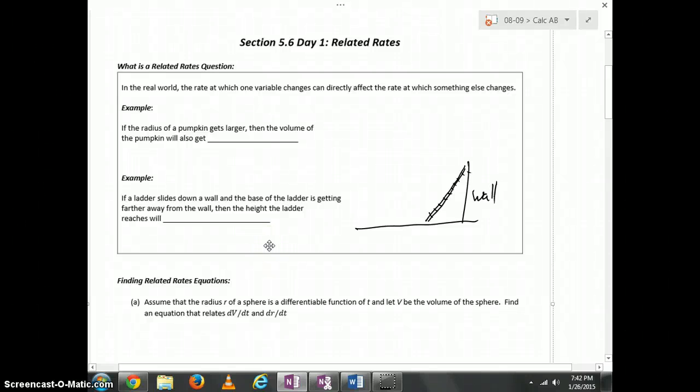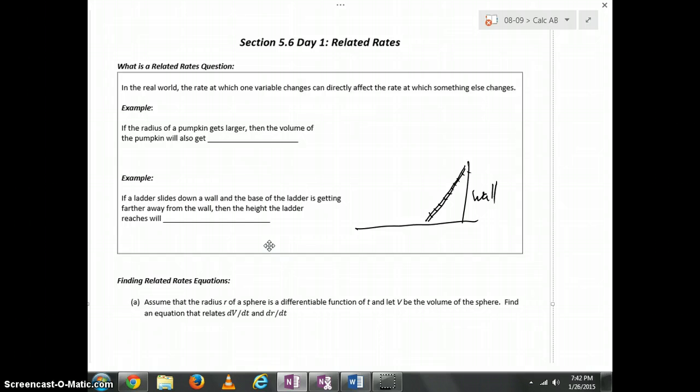Okay, so this video, 5.6, our first day on it, involves related rates. We can look at the notes here and see that what is a related rate question? Well, in the real world, the rate at which one variable changes can directly affect the rate at which something else changes. For example, if the radius of a pumpkin gets larger, and again, we're thinking over time,